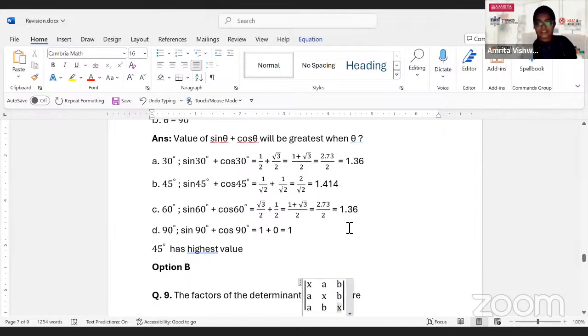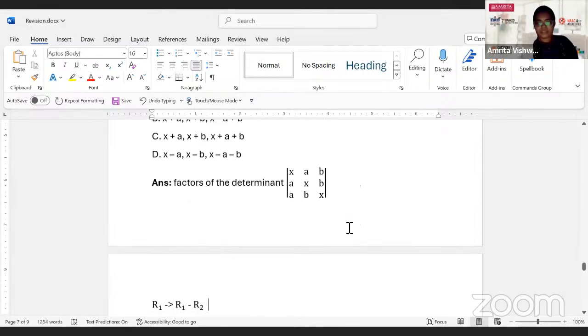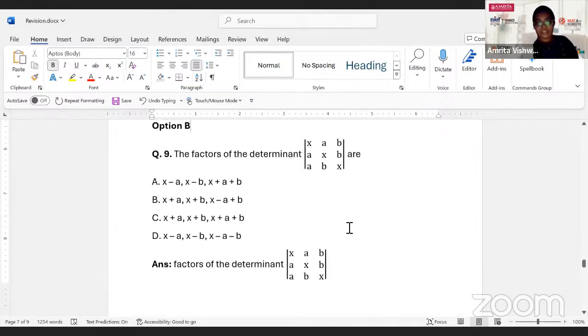So yes, okay. This is the question from the chapter determinants. Whichever way you feel is easy and comfortable for you, you can solve the problem. The factors of the determinant with rows x, a, b; a, x, b; a, b, x are: